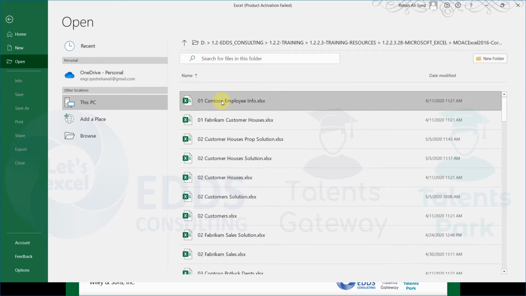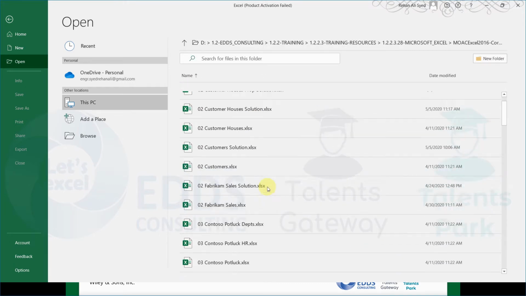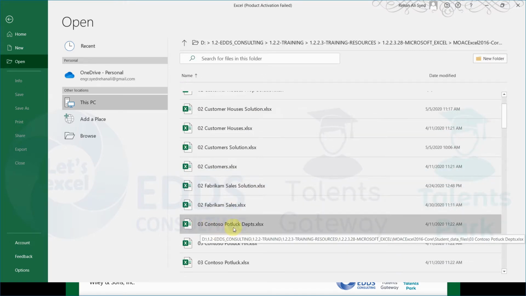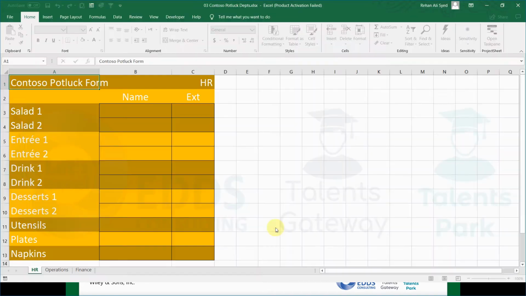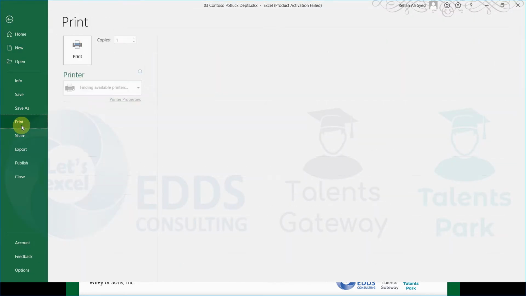Click on folder, student data files. And for this task again, we will open this 03 Contours of Portlet Departments file. Click on this. Now go to your Backstage, click on print,